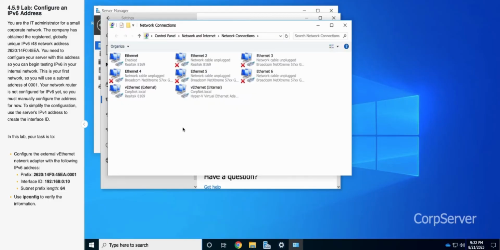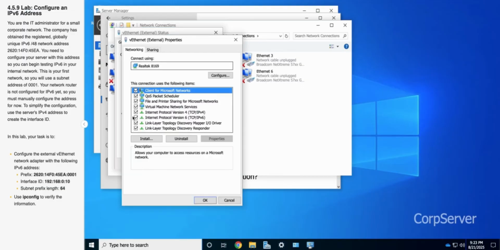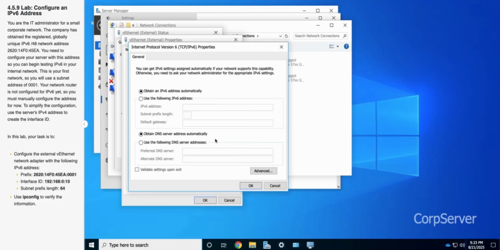In this you see, we'll look for the vEthernet external because that's the one we're modifying. Double click, go to Properties. We want to look for Internet Protocol version 6, which is here. So we'll click on it, go to Properties. Right now the system is set up to assign the IPv6 addresses